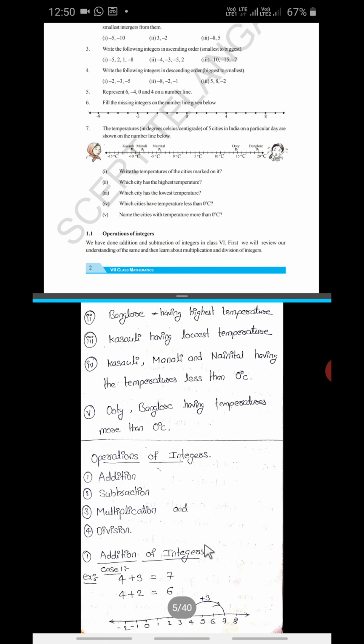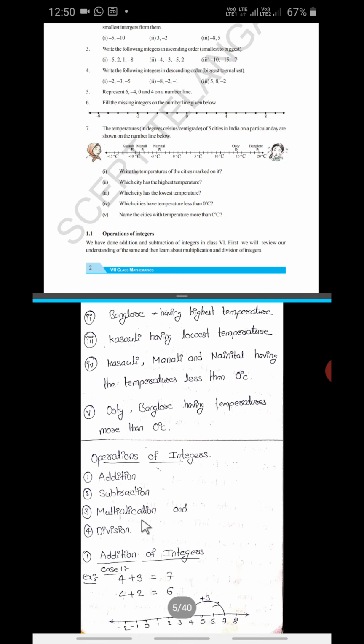When we want to denote these numbers on the number line, how to represent them? See, first one, 4 plus 3 equal to 7. We have to start drawing the curve from the 4. See here, I am starting from here. 4 plus 3 steps we need to move. 1, 2, 3. 3 steps I moved forward to the right side. Now I reach 7. That means 4 plus 3 equal to 7.